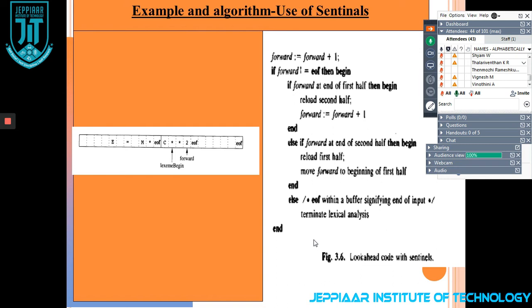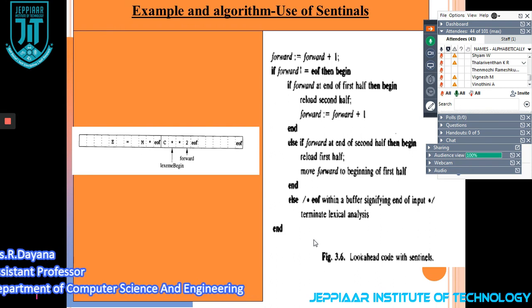You can see the algorithm also. Forward = forward + 1 always, because the forward pointer should be ahead of the lexeme begin. Whenever the forward pointer comes to EOF, it means you have reached the end of the buffer, so you have to reload the second half. Again, it moves pointer by pointer, and whenever it reaches the end of file again, it reloads the other half.